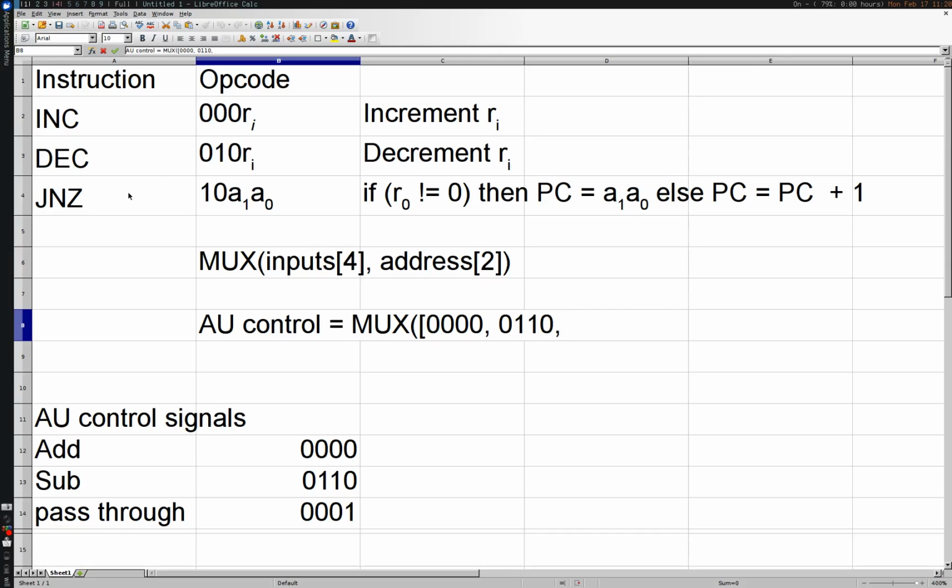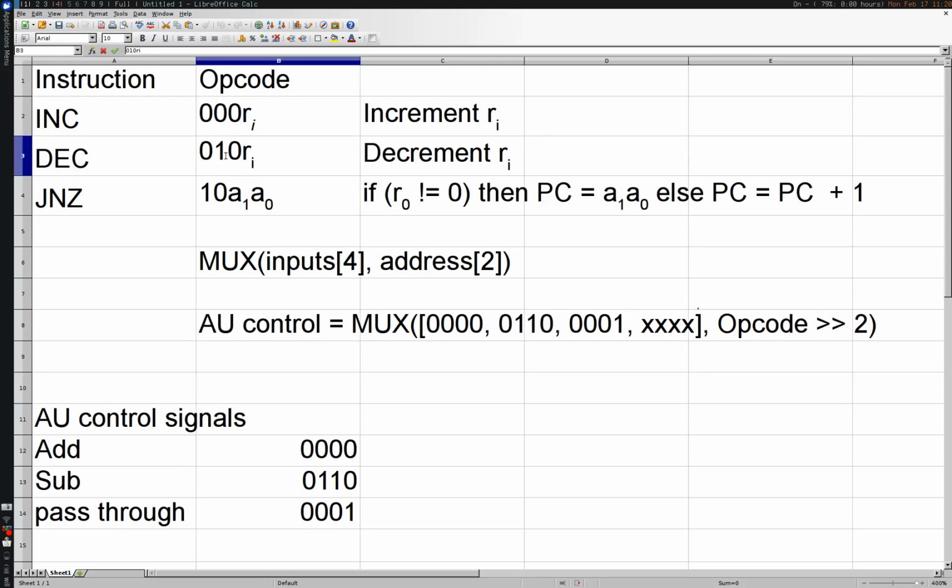If we're going to perform a jump, then we want to pass through the value of register 0 so we can compare its current value. So we need to hardcode 0, 0, 1. And finally, we've got this 1, 1 that doesn't correspond to an instruction, so it could literally be anything, we don't care. By default in ModuleSim they're 0, which is absolutely fine. The point is we're not going to select that input anyway, as we're going to be feeding in our opcode, and we're going to right shift that by 2 places, bringing the 2 most significant bits down to the 2 least significant bits,